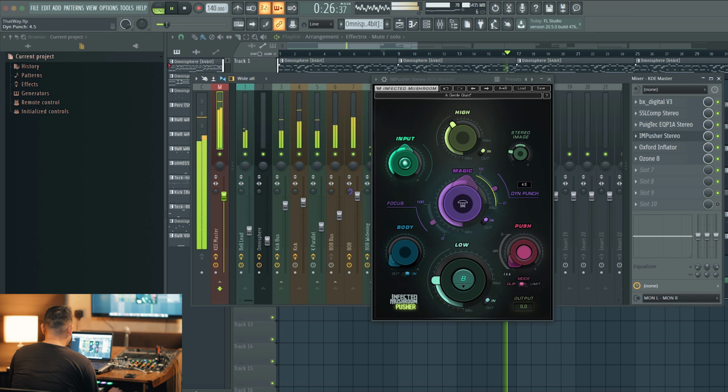So the stereo image, I know a lot of people who may not be in a good listening position may want to crank the stereo image knob like crazy. You got to be really careful with this. I'm only using it at 4, so I'm only doing it slightly, and just like anything, I like to do stereo width in stages. So Brad covered the BX Digital here. I'm using the BX Digital to do some stereo width, if you can see up here too. So yeah, I'm doing stereo width here. And then lastly,